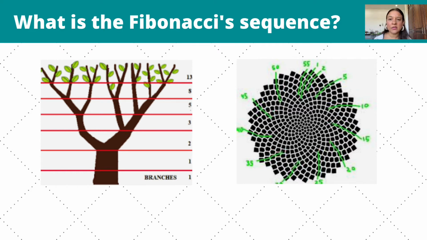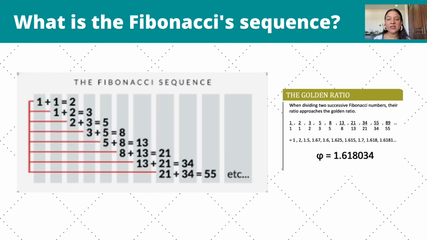But he also started to observe a system around the seeds of the sunflower. There was a sequence in the way they grew. Also, there was a sequence in the reproduction of rabbits, as I said before. He started making tests, developing problem solvings, and he came out with this sequence. For example, it starts with 1, the Fibonacci sequence.